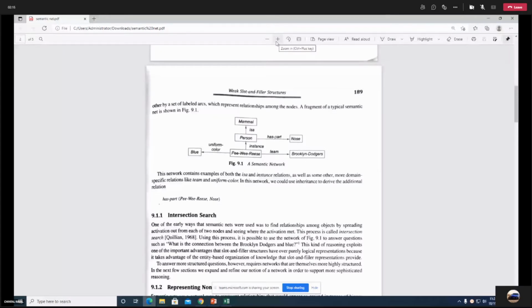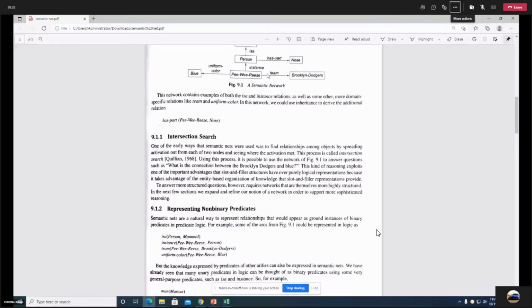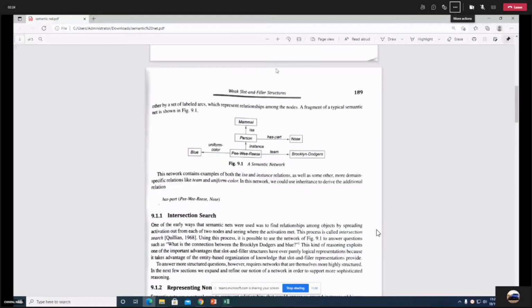Now, looking at this diagram, the next concept is intersection search. What if somebody asks you the question, just by looking at the semantic net, tell me what is the connection between Brooklyn Dodgers and blue? Here we are asking what is the connection between these two concepts, blue and Brooklyn Dodgers?